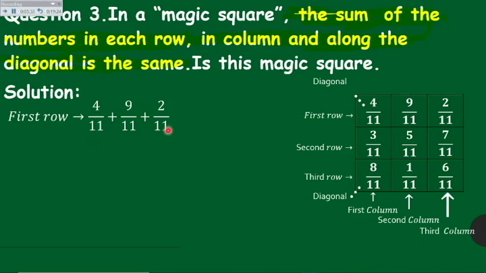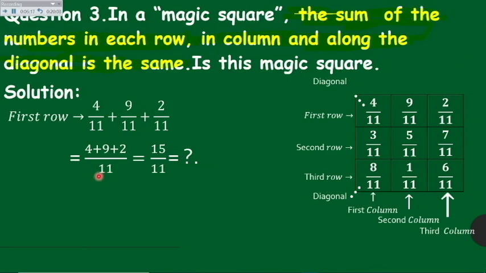First we will write the denominator as it is, because all denominators are the same. The denominators of all the fractions here are the same. We will only write 4 plus 9 plus 2 at the numerator, like this. Okay, 4 plus 9 plus 2 upon 11. Why? Because these are like fractions. Do you know what like fractions are? If you forget, beta, see my previous video. I will give you the link here.